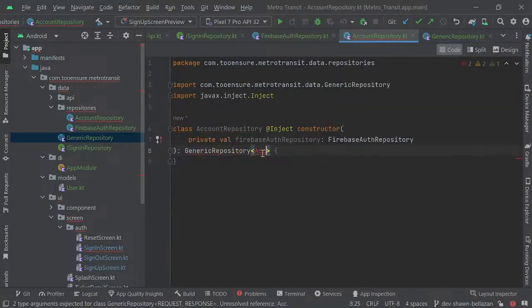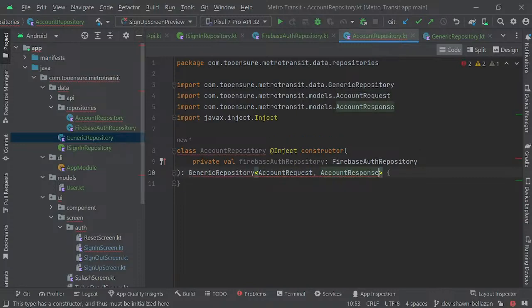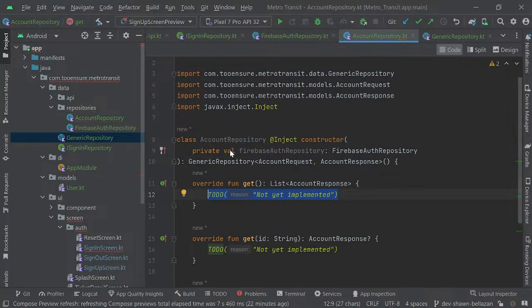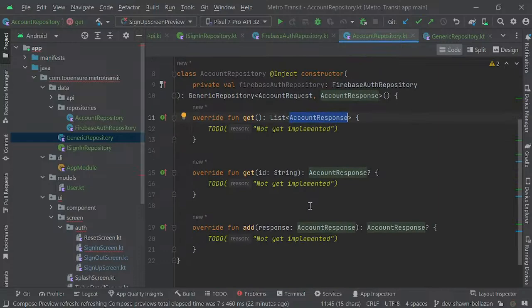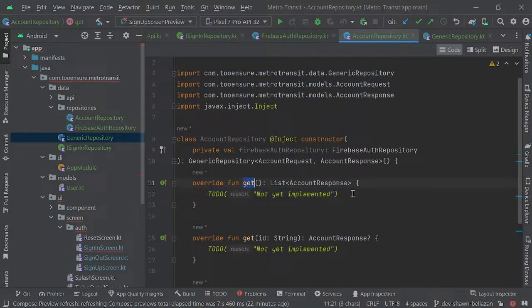Now, just watch this. Now I can say account request, then I can say account response. And now that I do that, check this out. I can use that with anything now. I could also say user request, user response. And yeah, that goes crazy fast, and I just use the get. So how will you get